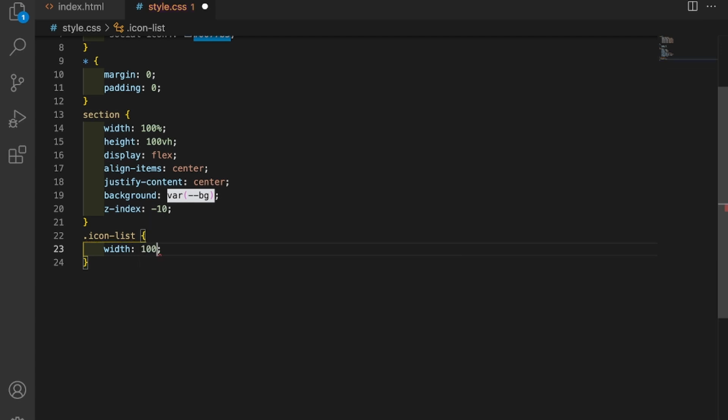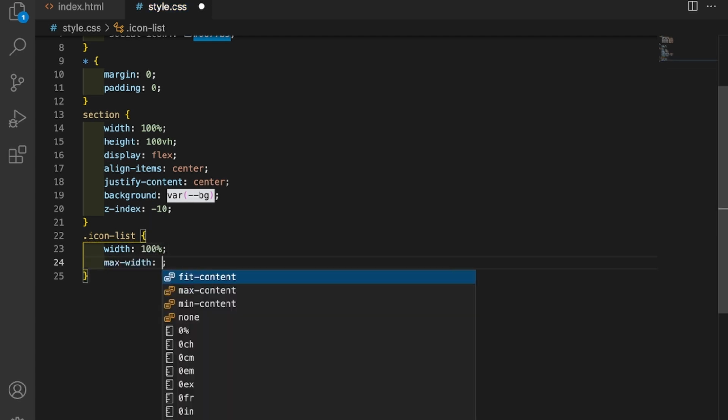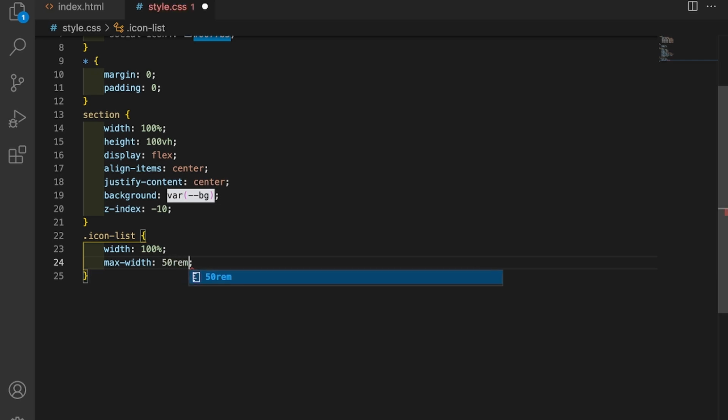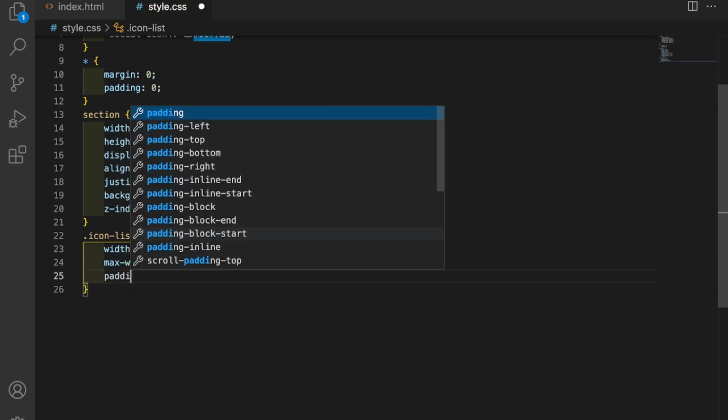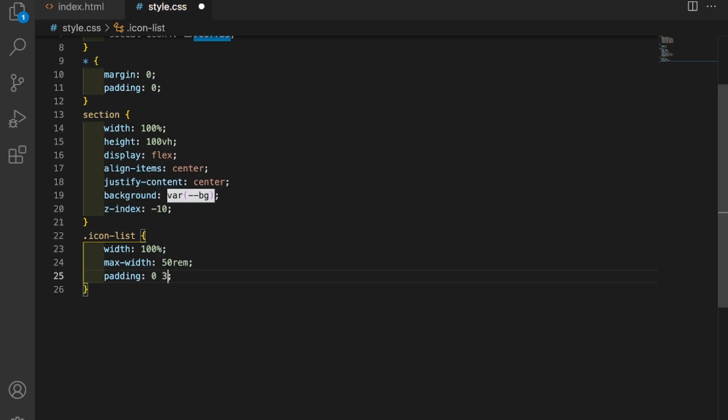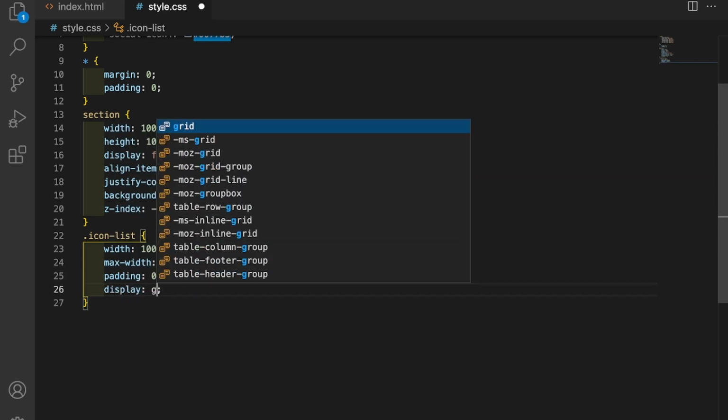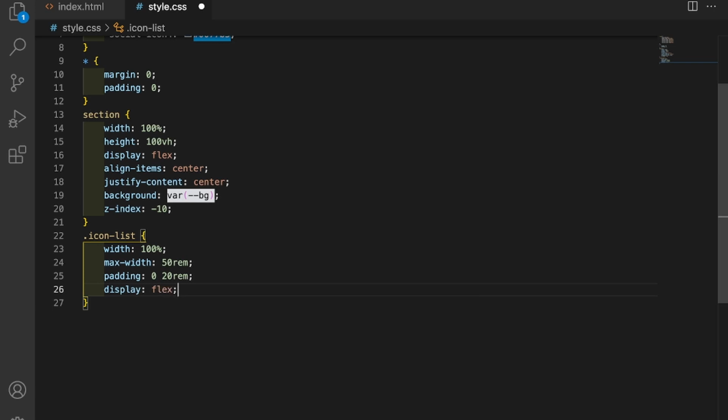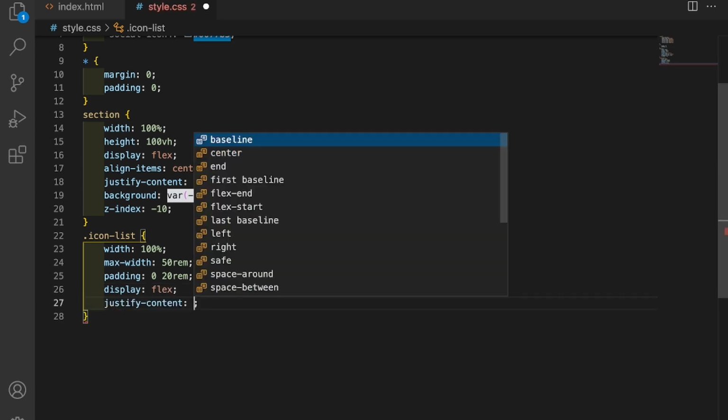first of all I will give some width here 100%, and now maximum width 50 rem, and here I will give some padding 0 and 20 rem, and again display flex and justify content.